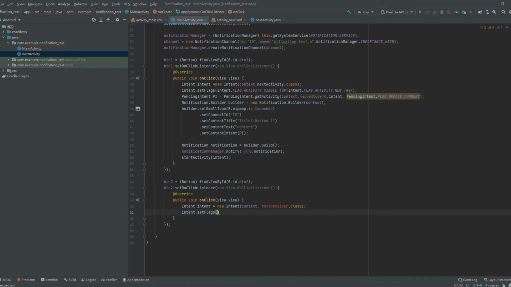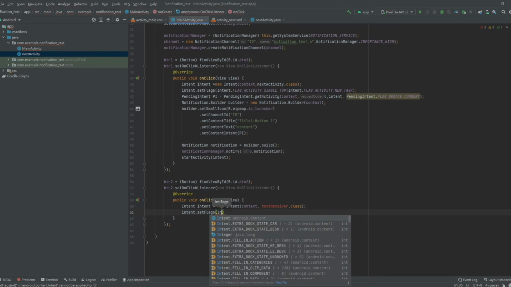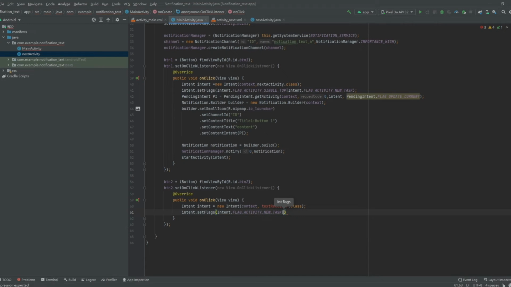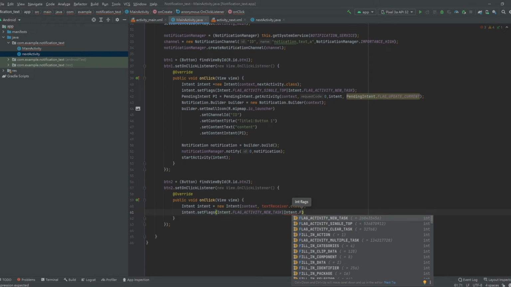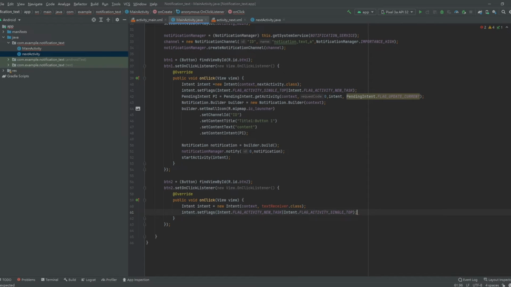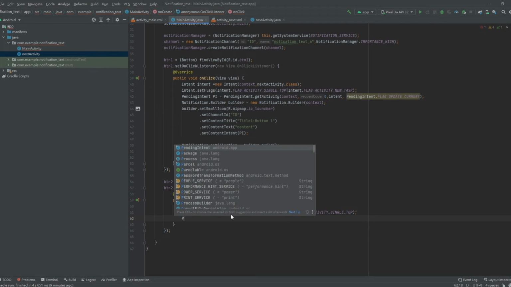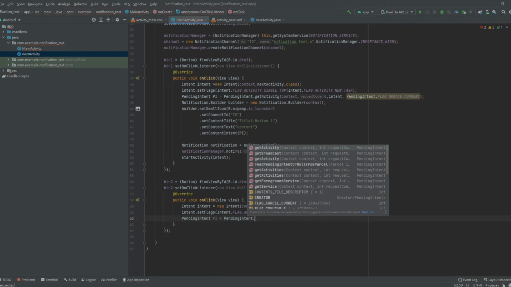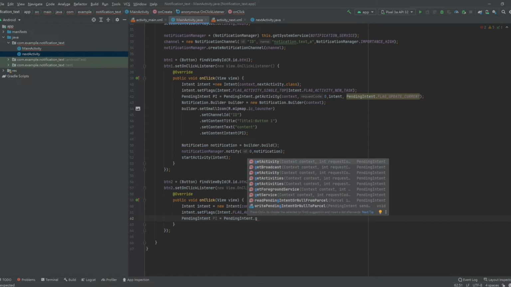And so we set its flag. The intent is the same. We will have a new task, and the intent single top, and the pending intent here is pending intent to get broadcast. This one we get activity because we need to change the page. But now we will use the broadcast here,